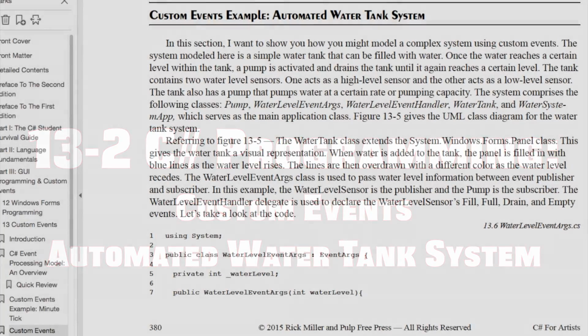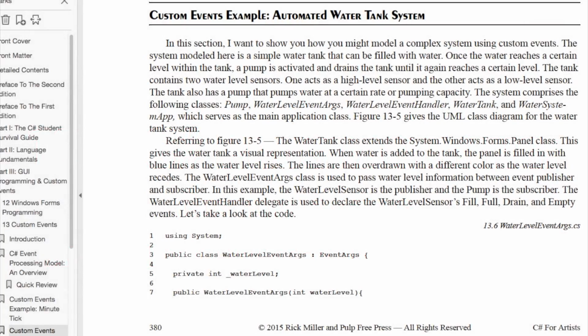Hello everybody. Today I want to talk about custom events. Actually, this is a continuation from a couple previous videos I've done. The one before this, I talked about the custom event or the .NET event processing model. There we learned about custom events, event args, how to extend the event args class, what a delegate